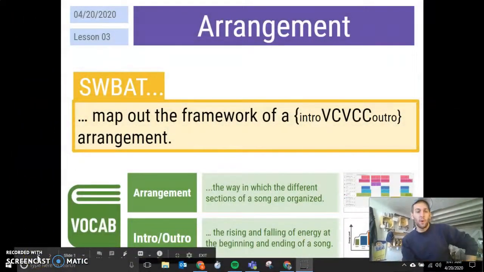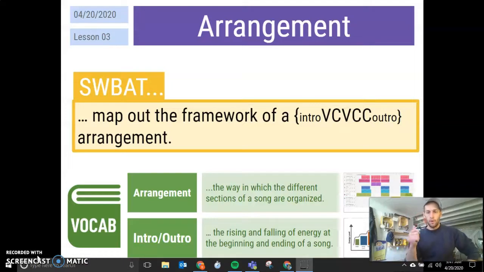So, this week, my expectation is that you're going to be able to map out the framework of a song using the arrangement intro, verse, chorus, chorus, outro. Just to remind you, an arrangement is the way in which the different sections of a song are organized. So this week we have 4 different sections that we're going to be thinking about: intro, verse, chorus, and outro. And the way that we are going to organize those sections, again, will be intro, verse, chorus,